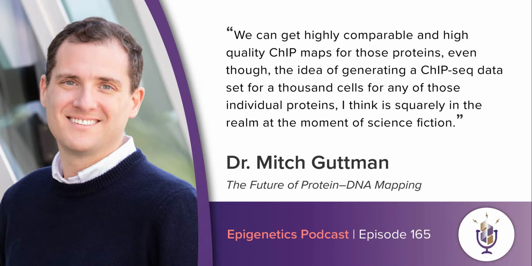So let's start with cell numbers. Obviously, cell numbers are an important consideration and frankly, an important limitation in methods like ChIP. In fact, I think probably the number one critique of methods like ChIP versus CUT&Tag and CUT&RUN are the relatively high numbers of cells that you generally and historically need to do a ChIP experiment. And this was something that we too were very sensitive about when we were thinking about and developing ChIP-dip. But there were a couple of things that we considered here.